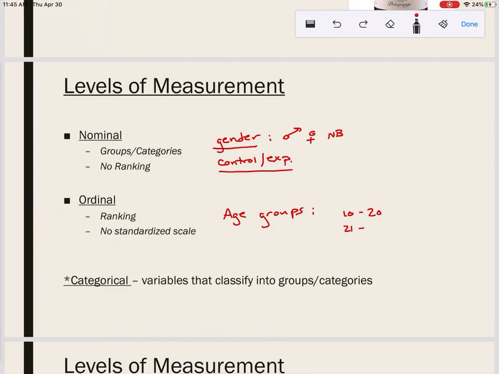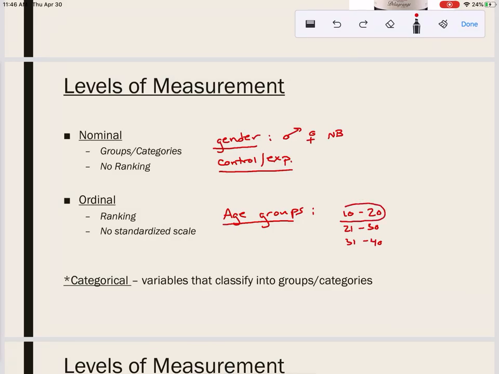Let's give an example. Age groups. Age groups, it is a group or a category. I have 10 to 20-year-olds. I have 21 to 30-year-olds. I have 31 to 40-year-olds, and so on. There is ranking because someone who is 10 years old is younger than someone who is 21 years old. And then someone who's 21 years old is still younger than someone who is 31 years old. But this would not be